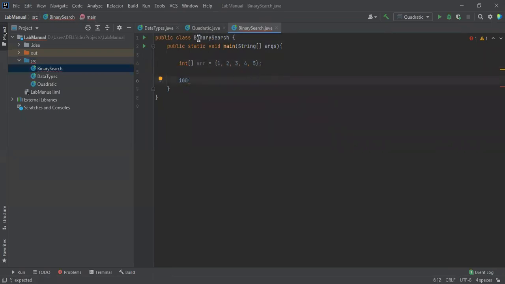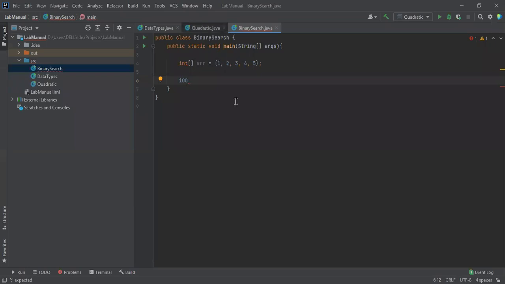In the sense of a binary search, if you are going to search an element inside the array, it is essential that the array should be in ascending order, or else we can't use a binary search. I think you got my point.